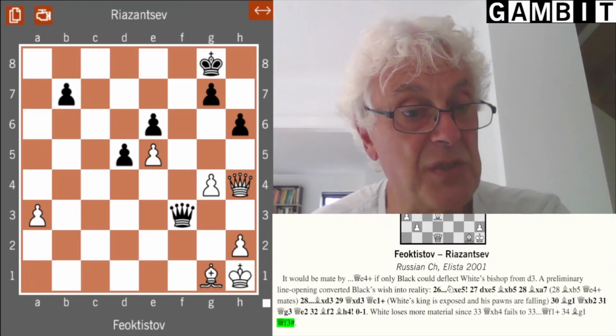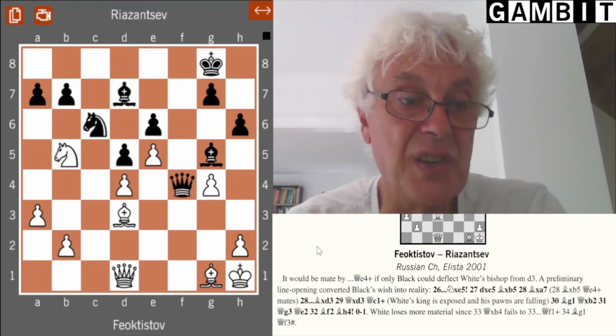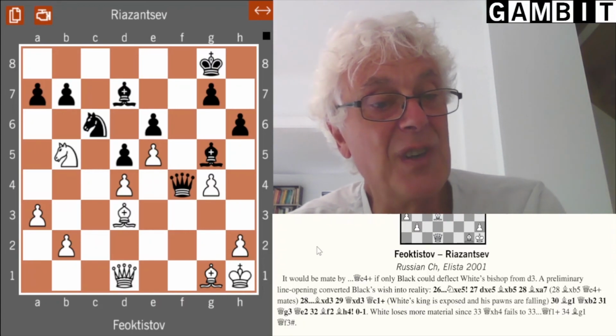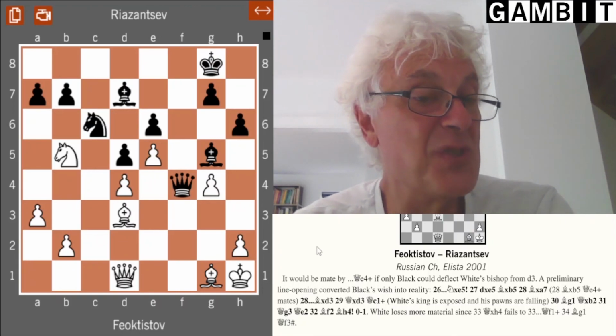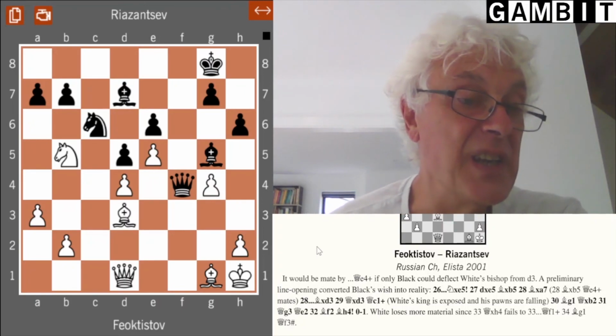So if we just go back to the initial position for a moment, you may wonder, this is quite a complicated combination, how you would find something like this. It's all the question of trying to imagine, what would change the position in your favour. What would change the position in black's favour would be to